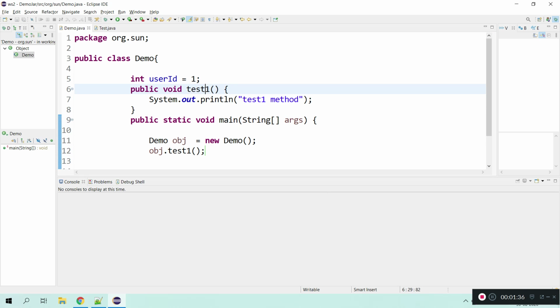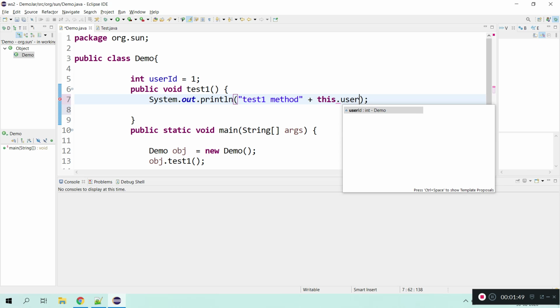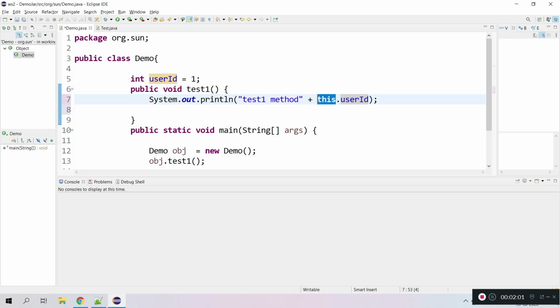Now inside the instance method, this test method, I can use the this keyword to invoke instance methods or instance variables, like this.userId, so that I can invoke the current class instance variables. For static variables, there is no need to use the this keyword. We can use directly class name dot method name.